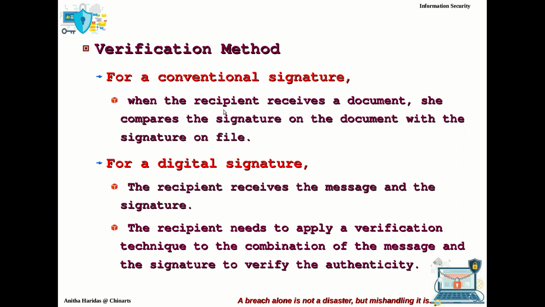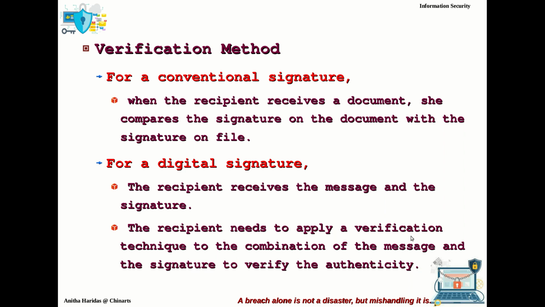So the specimen signature and the signature on the check will be compared here. Whereas for the digital signature, the recipient receives the message and the signature, and the recipient needs to apply a verification technique to the combination of the message and the signature to verify the authenticity.